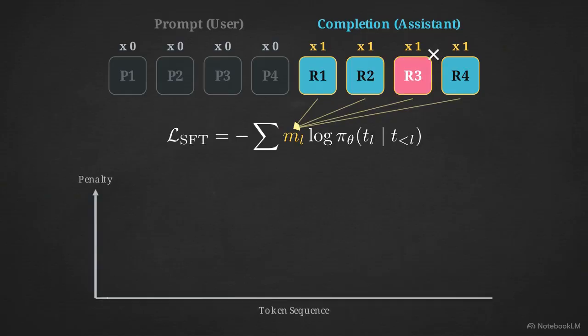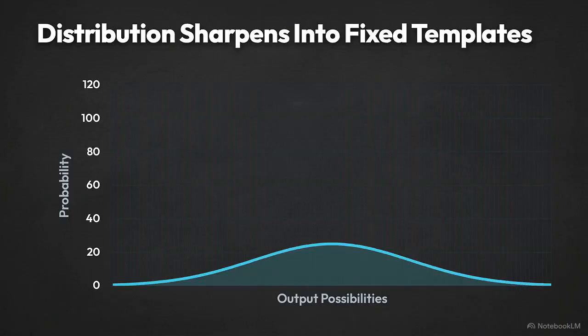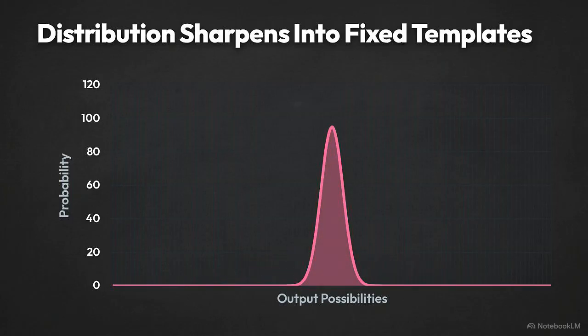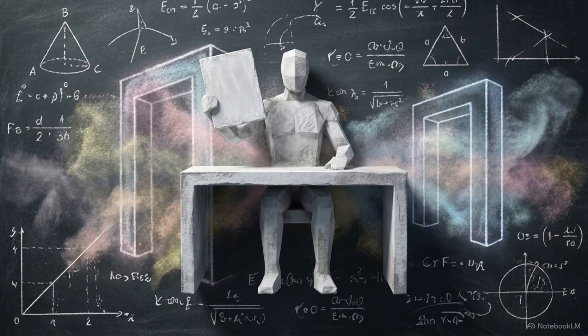The limitation of SFT is that it encourages the model to memorize static, expert-provided paths, rather than understanding the underlying logic. This leads to distribution sharpening. The model's output probability collapses into a narrow set of expected templates. When the distribution is too sharp, the model loses the variance needed to explore alternative solutions or perform trial and error reasoning. SFT builds a successful conversational interface, but its reliance on imitation limits the model's ability to solve novel